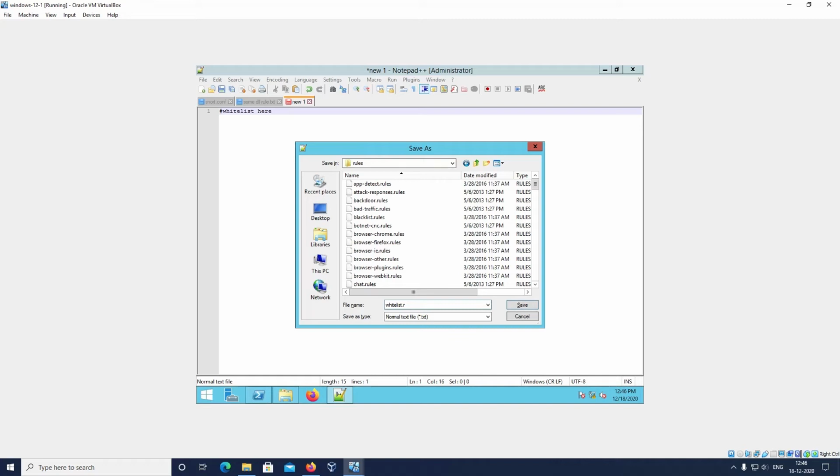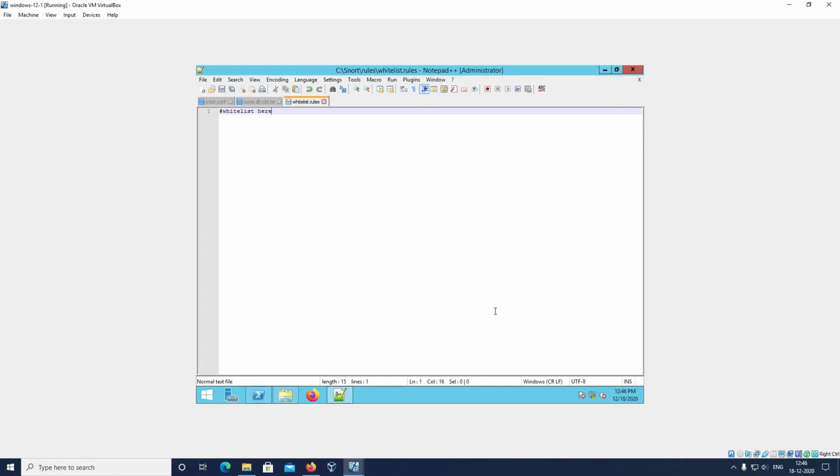We have to save that particular file in our snort rules folder. Okay, we will save it.